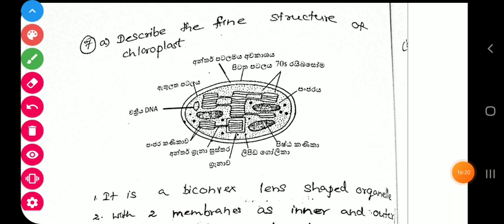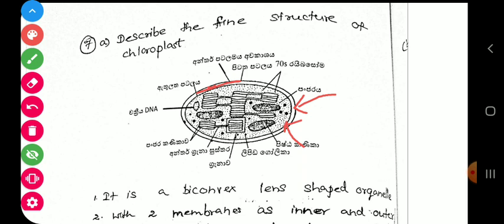So they have given the next question, describe the fine structure of chloroplast. Actually they have given the names in Sinhala, but you can go to your resource book and on page 34 you can see the image. They have shown the intermembrane space, you can see, right? Intermembrane space, this region. Then the inner membrane, pretty easy, right? Inner membrane. Then the outer membrane,